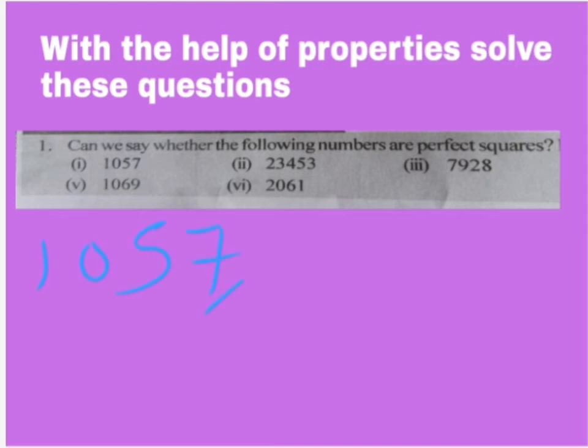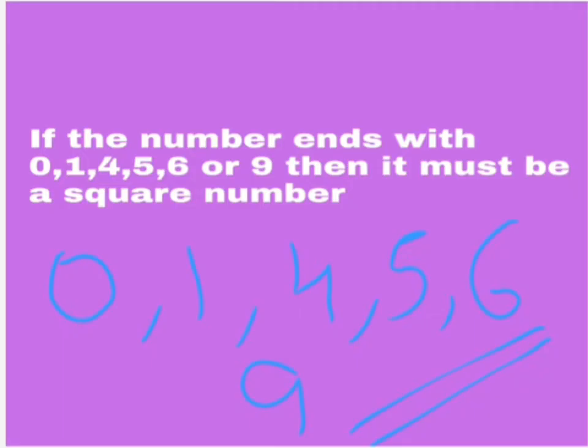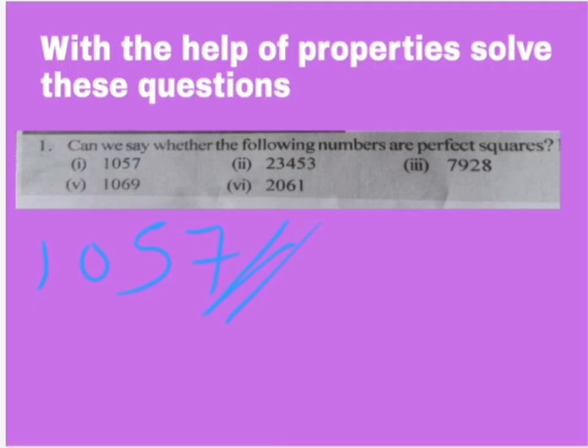1057. In the unit place you have 7. And as we learned in the first property, just see the first property once. In the unit place you should get 0, 1, 4, 5, 6, 9. But there we are getting 7, isn't it? So this is not a perfect square number. Next is